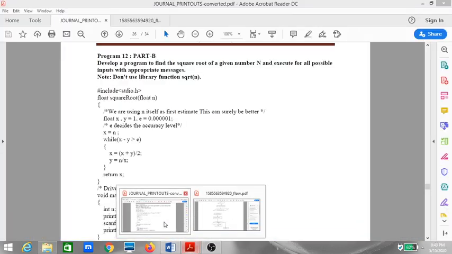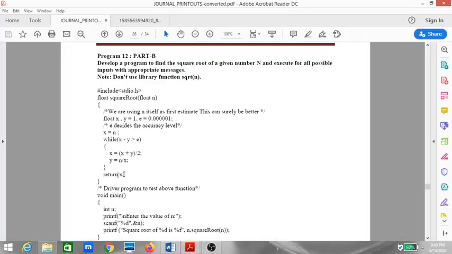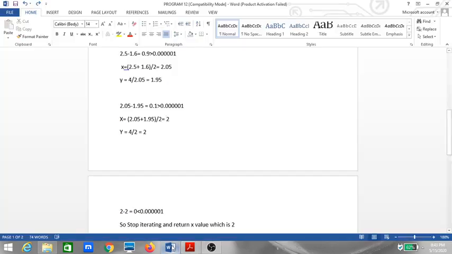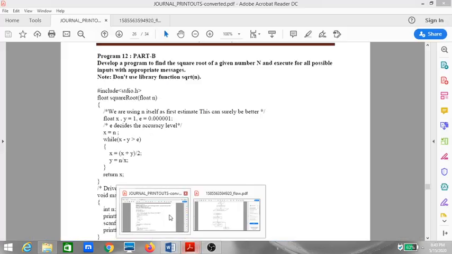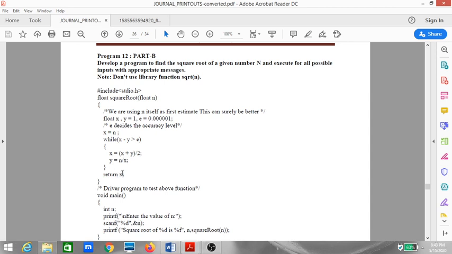So now when I return the value 2, where will this return go? When I am writing it, I have written it as 2. But since it is a floating point value, the value returned will be 2.000000. So the value from here will come here. So the value that you will get here is 2.000000, that is 5 zeros after the point. So that value will be replaced by this percentage f and this will be the end of the program. So this is how your square root calculation will be done without using the sqrt function of your math.h.